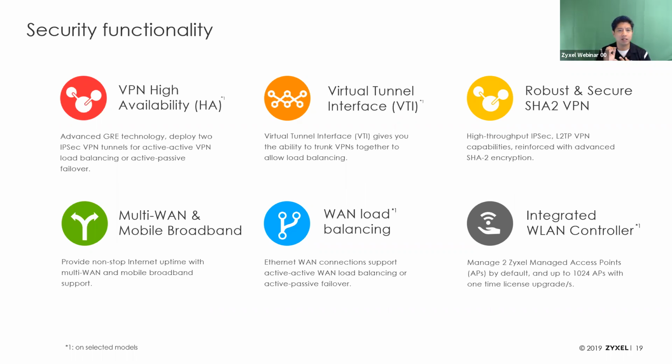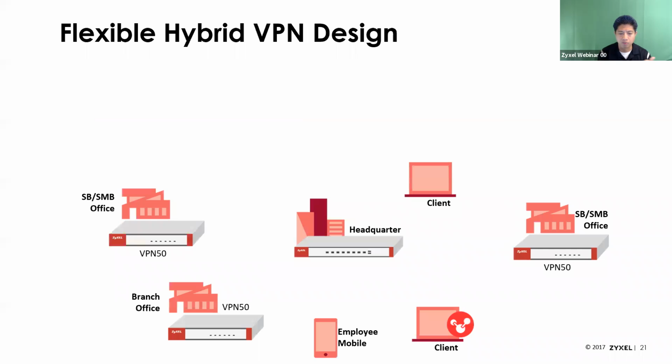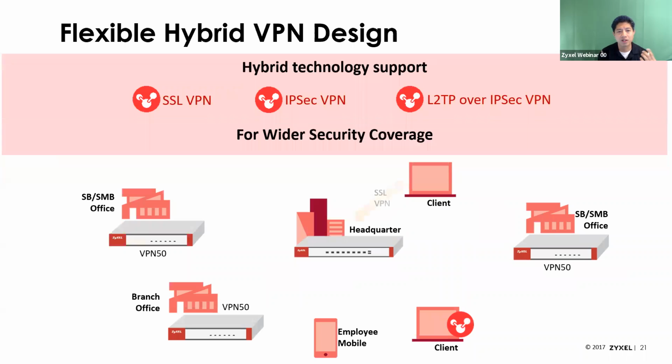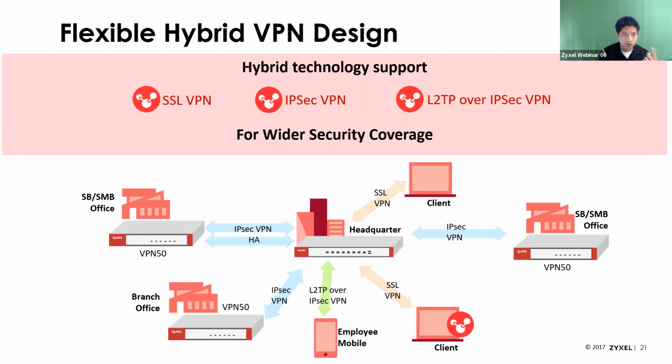But we have high availability. We have tunnel interfaces there with load balancing on the WAN, multiple WAN load balancing with an integrated controller. So we have an integrated controller in the device that allows for you to manage wireless access points around the company, provision them, to set them up for the different SSIDs for your guest network access, etc. And of course, we're using the robust, newest SHA-2 encryption for VPN. And we call it a flexible hybrid VPN design because it offers SSL VPN, IPsec VPN for the most secure,